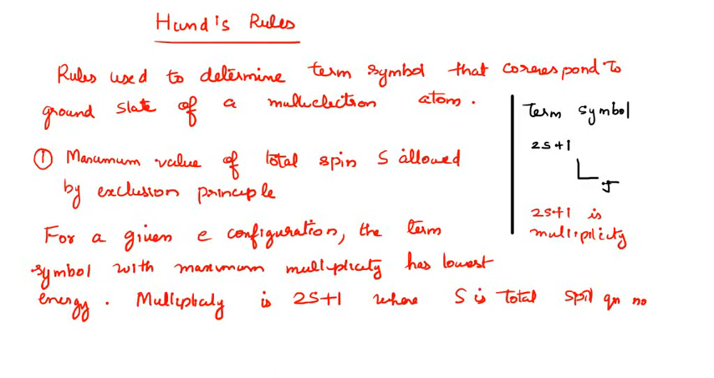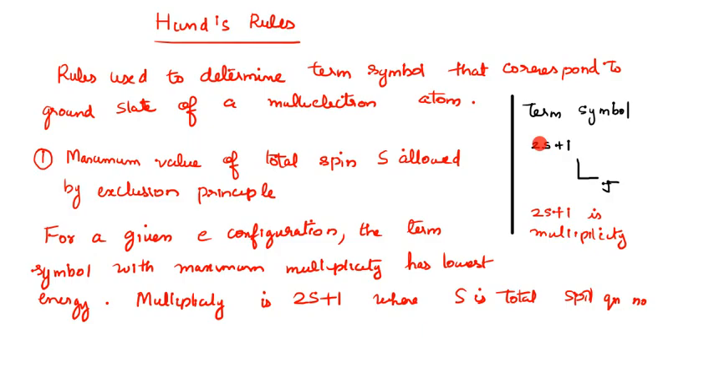Hund's rules. Hund's rules are rules used to determine the term symbol that corresponds to the ground state of a multi-electron atom. In atoms where there is only one valence electron, the state of the atom is determined by the state of that electron. But in the case of atoms with more than one valence electron, the state of the atom will be determined by all the valence electrons, and the state of an atom is given by its term symbol,